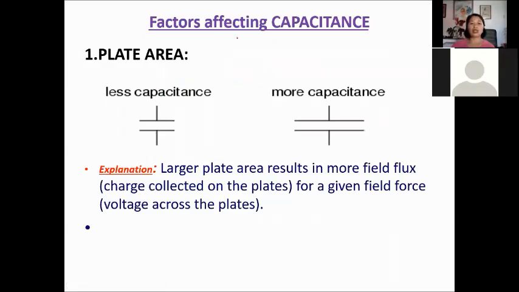Okay, so what are the factors affecting capacitance? What will increase or decrease the value of capacitance? First is plate area. So the larger the plate area results in more field flux for a given field force. So less capacitance,